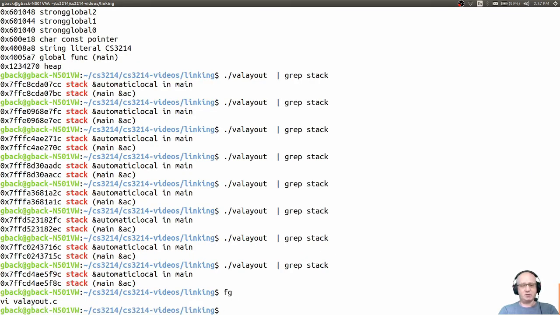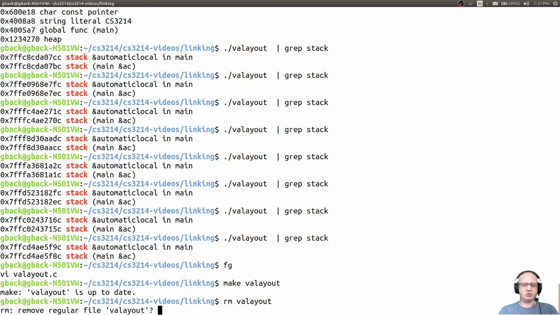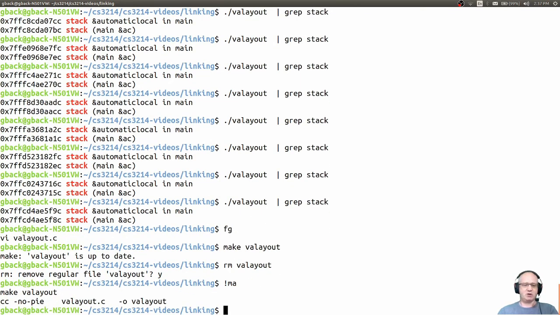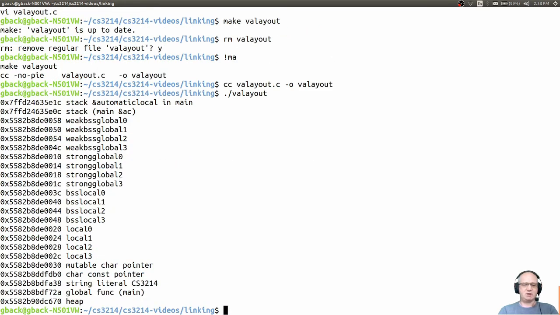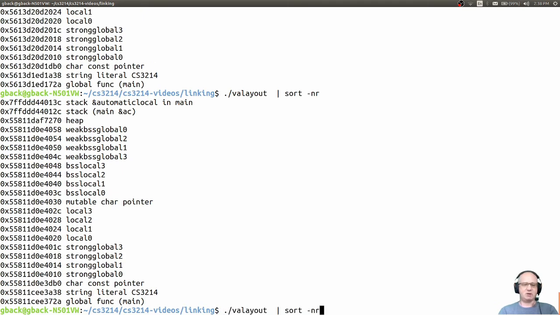Now, I tricked a little bit here in that, if you notice, when I compiled this program, I actually specified a switch, and the switch here is called no-pie. The reason is that on the system on which I'm demoing this, position independent executables are enabled by default. So if I compile this by default, what we would see is that not only are the stack and the heap being randomized, but in fact the location of the entire program is randomized. Okay, so here everything changes between different runs.